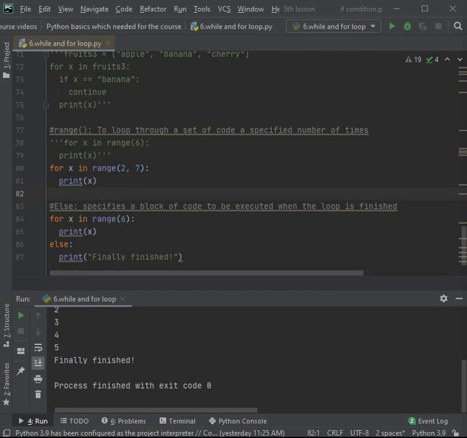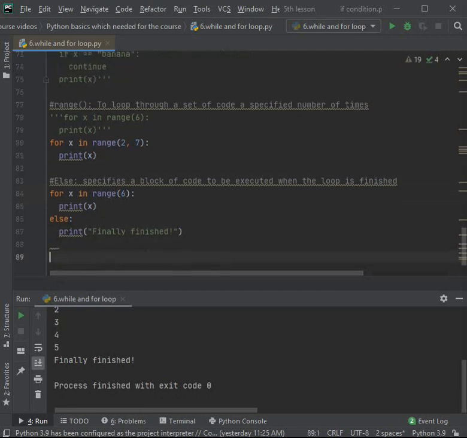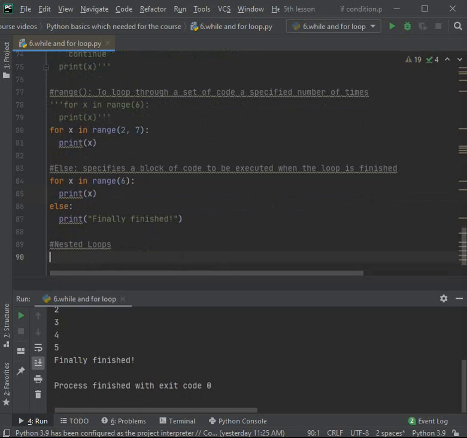There is also something used with loops, which is called a nested loop. A nested loop means you have a for inside another for. The inner loop, which is the inside for, will execute one time for each iteration of the outer loop. For example,